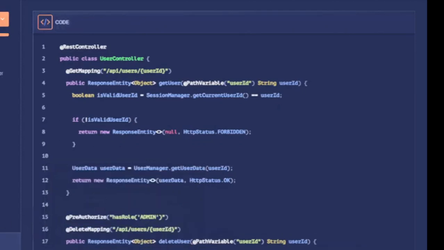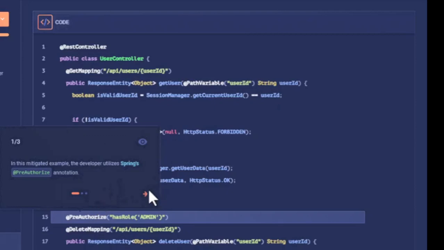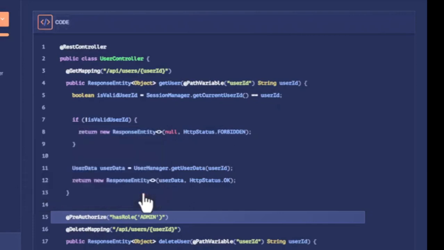To effectively mitigate broken function level authorization vulnerabilities, developers must ensure proper authentication and authorization checks for each API endpoint, even if some of them are hidden from the user interface perspective. In this mitigated example, the developer utilized the Spring PreAuthorize annotation.